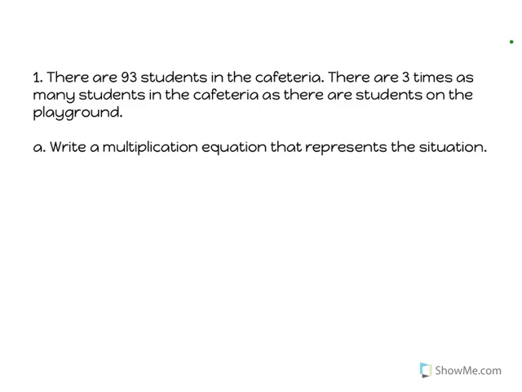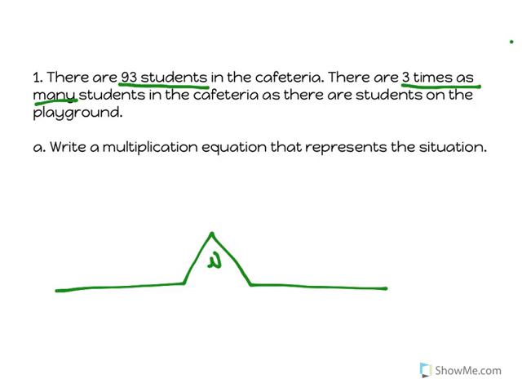Right, number 1. There are 93 students in the cafeteria. There are 3 times as many. As soon as we see "times as many," what should we be thinking? Reese, we need a bridge map, right? Okay, that's going to help us figure it out. And we know something about 3